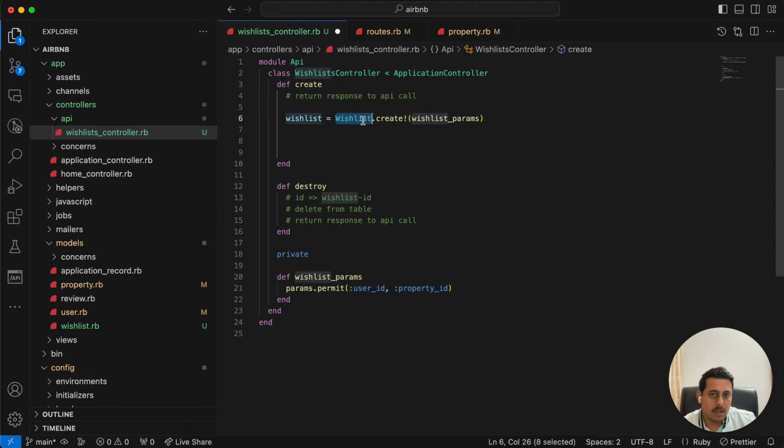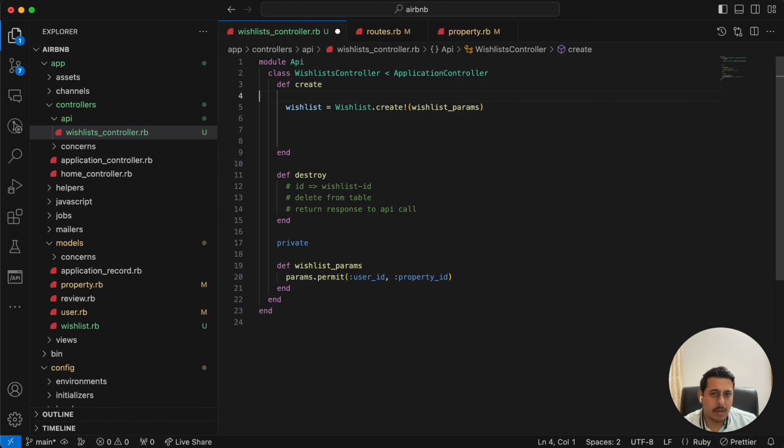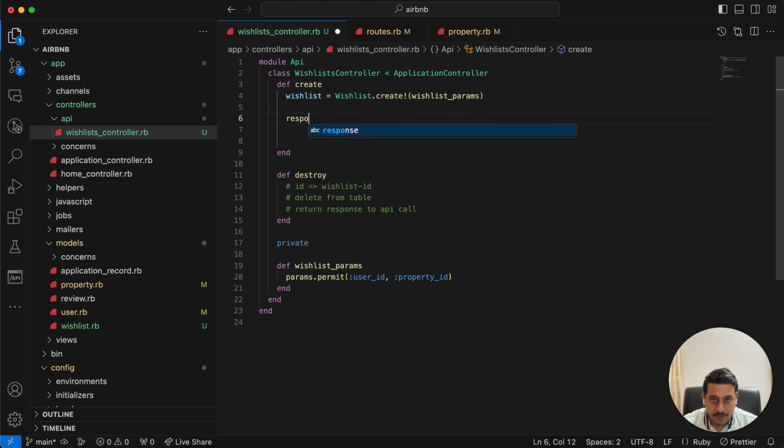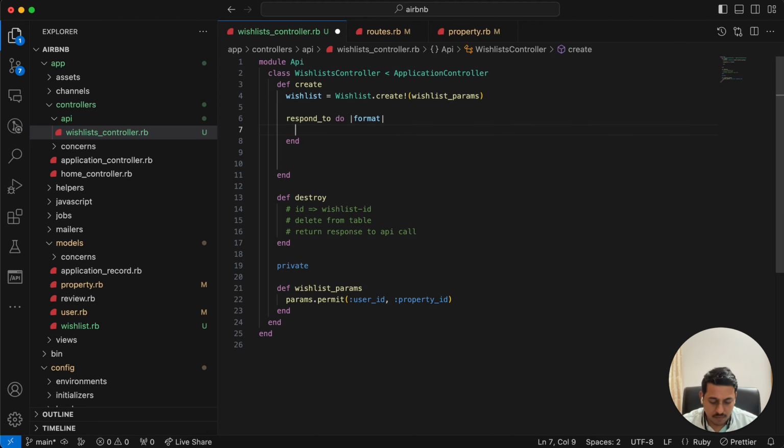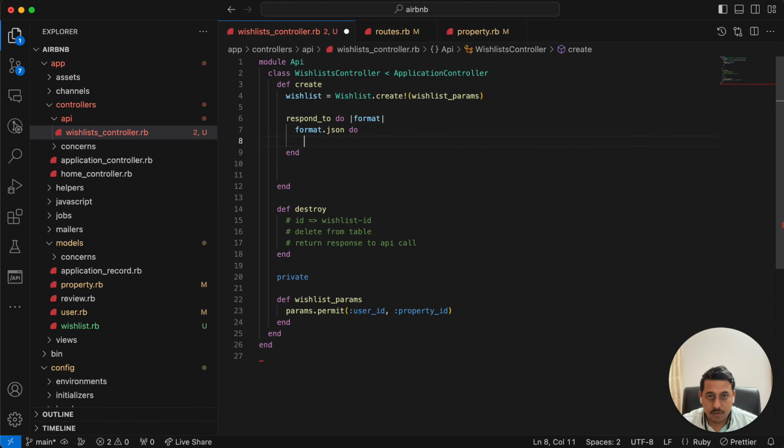Second part is done from this. Now we have to return a response to the API call, right? We have to return the response. So for that we can use respond to. There are various ways in which we can return our response, but we'll write respond to do format, and we'll send it in JSON format, right? So format.json do and